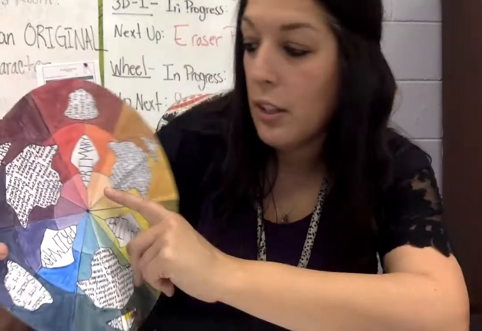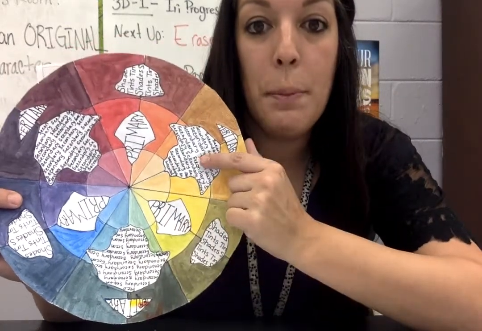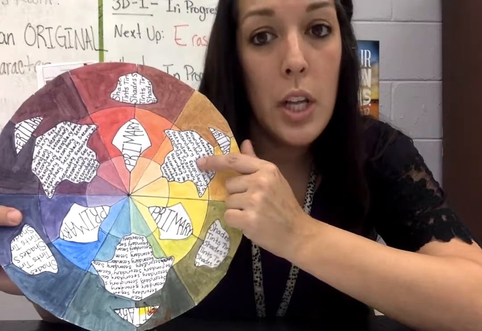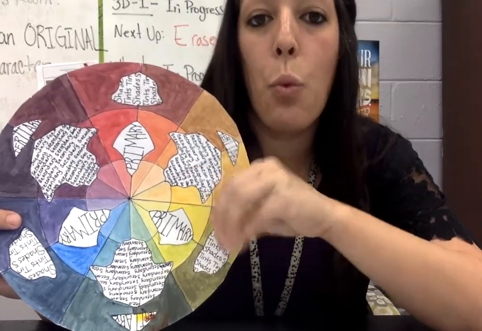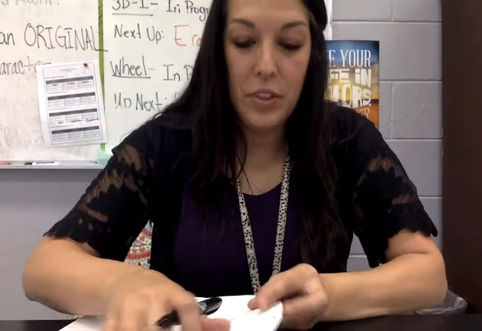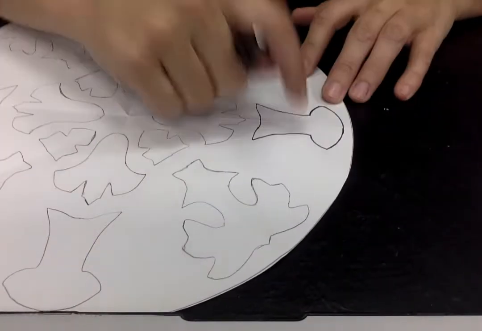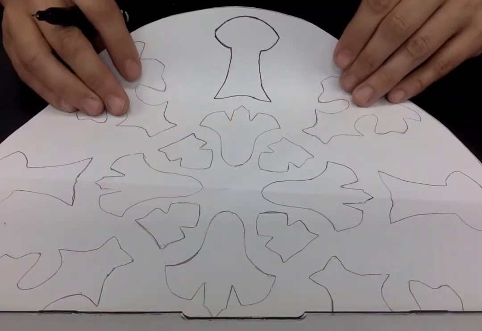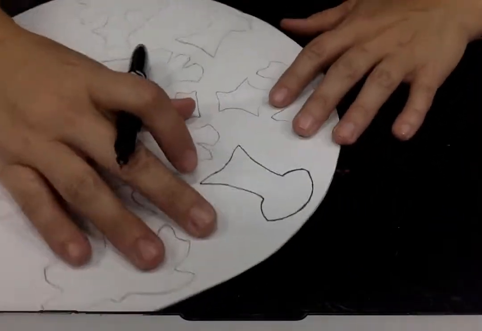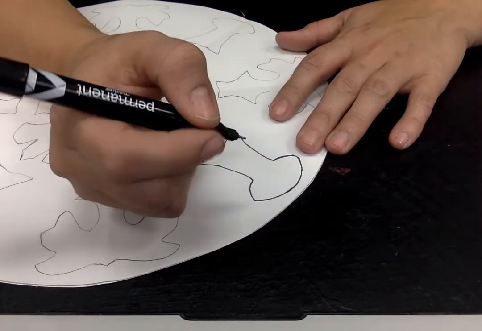For example, I use primary colors for my inner one. Now, do you have to repeat it multiple times? No, but I want you to use the words, the vocabulary, as like a design, okay? So use those shapes. So for example, this one that kind of looks like a mushroom. I don't know why it looks like a mushroom to me. You can use the words, let's say, how about if we use the word